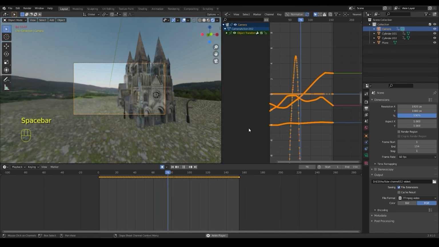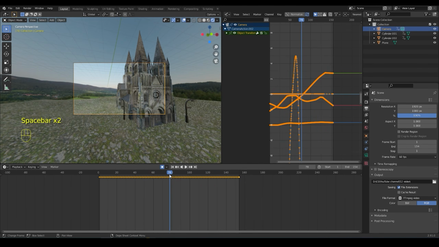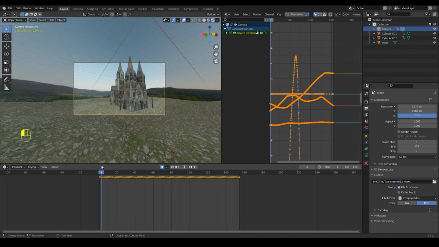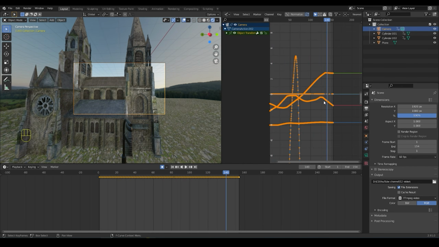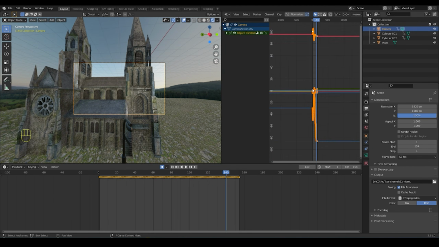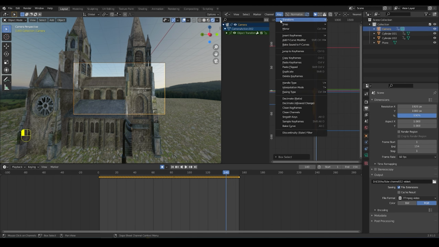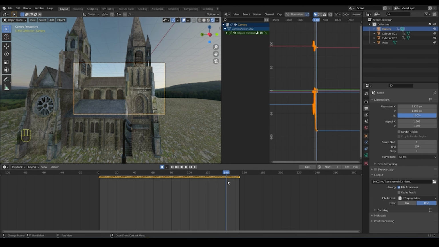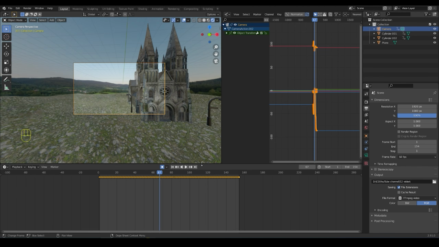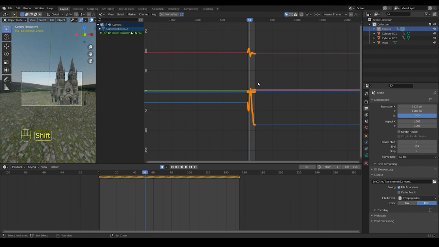So as you can see, I have my animation, but to be honest, it does not look so good, and now I will explain it to you. So I have to select my graph editor, all my keyframes, and then go to K and Sample Keyframes. It means that my animation will be smoother, but I have to change something,